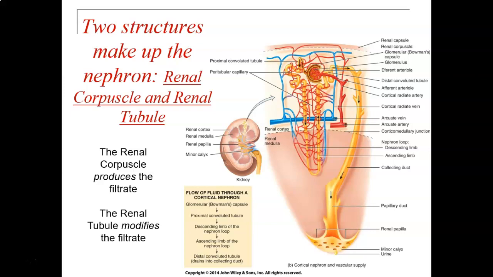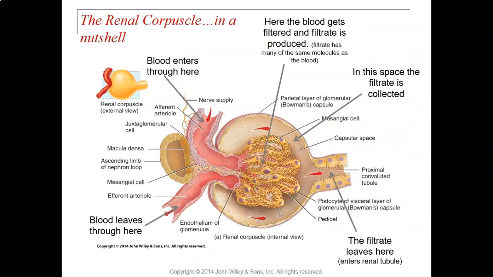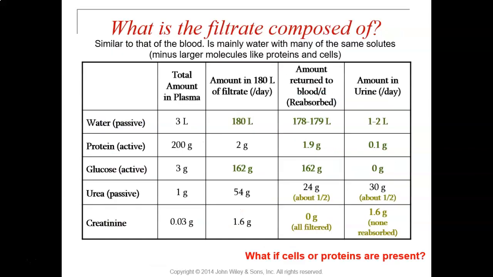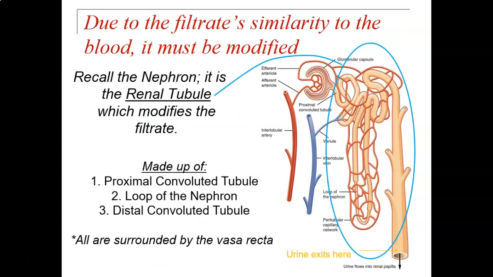The renal corpuscle is responsible for the actual production of the filtrate. Remember that filtrate? That's what will eventually become urine. But before it becomes urine, we can modify it. That modification all takes place along the renal tubule, and that's where we had gotten to by the end